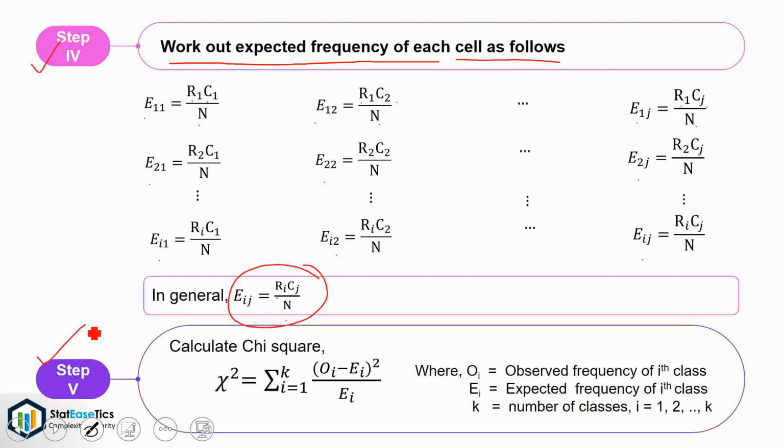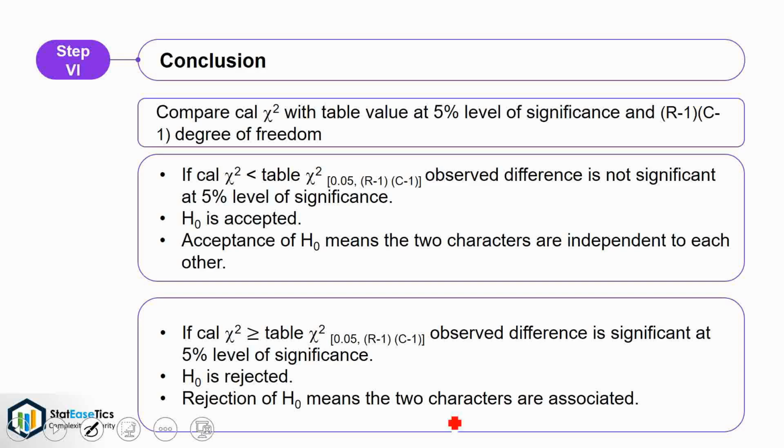Step 5 is to calculate chi-square using the usual formula of chi-square, that is, chi-square is equal to summation i equal to 1 up to k of (oi minus ei) square divided by ei, where the variables are as shown. And the sixth step is conclusion. Compare calculated chi-square with table value at 5% level of significance and R-1 into C-1 degrees of freedom. If calculated chi-square is less than table chi-square at 5% level of significance and R-1 into C-1 degrees of freedom,